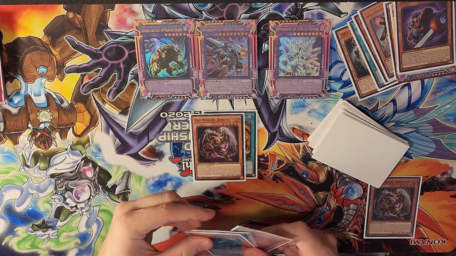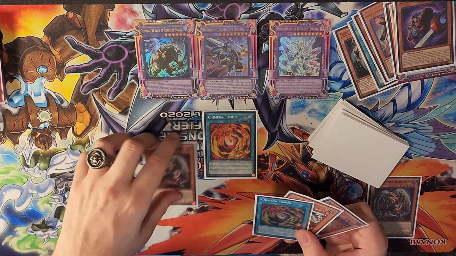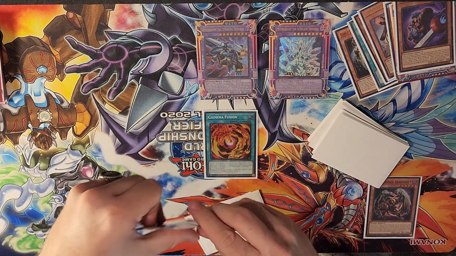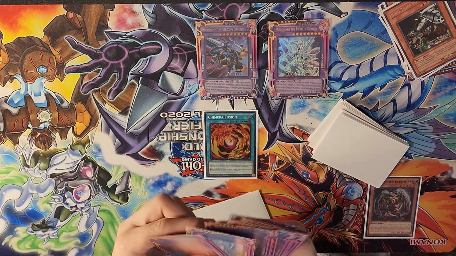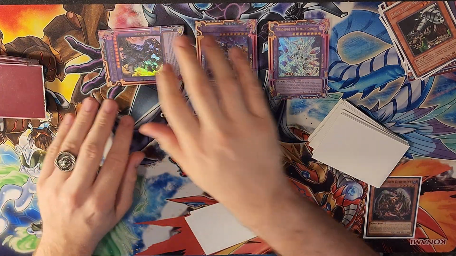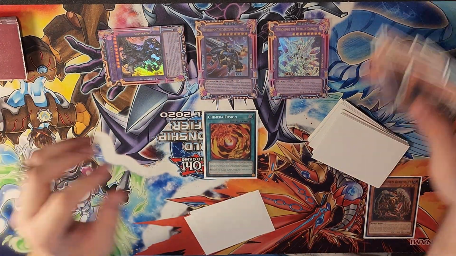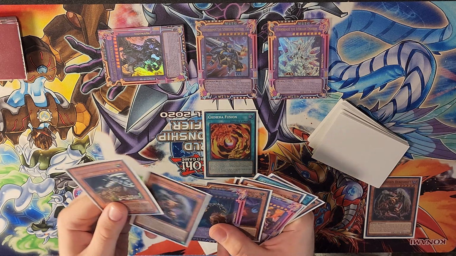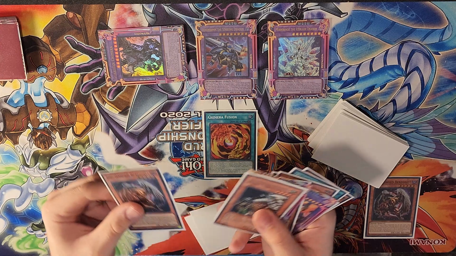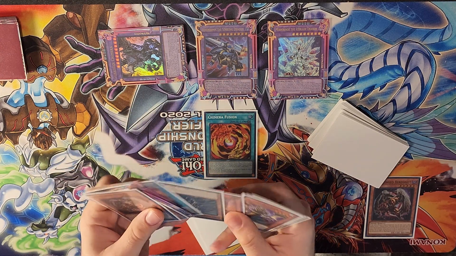If you use Chimera as a fusion, you can special summon monsters from your graveyard. So let's just say you use Chimera Fusion on your opponent's turn for these guys. So then you go out to Guardian Chimera. You'll go Chainlink 1 Guardian Chimera, Chainlink 2 Baphomet, so you can target the